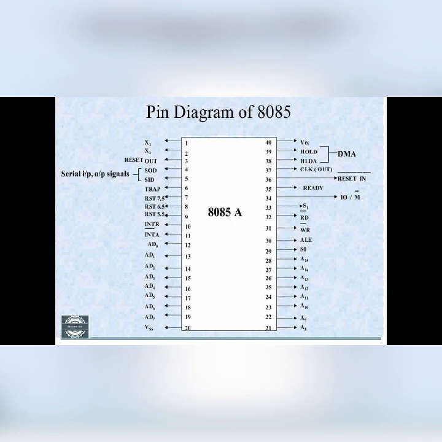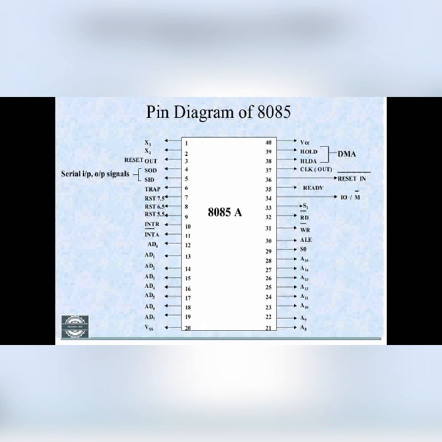Then 7, 8, this is 2 resets, 7.5, 6.5, and there we will get the reset of 5.5. That way you have to remember the INTR should be 10, 11 INTA. So the address buses will come from 87 to 80. This all. Now another lesson, there also the data buses, address bus, where the HOLD, HLDA, these